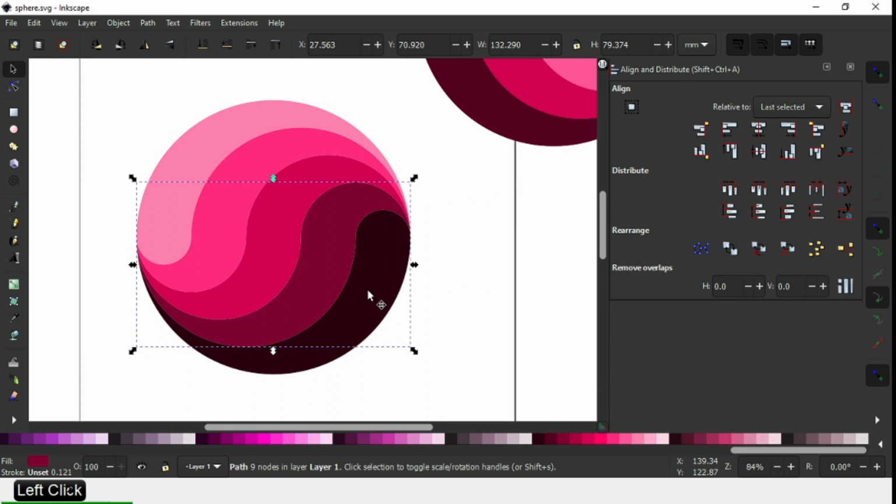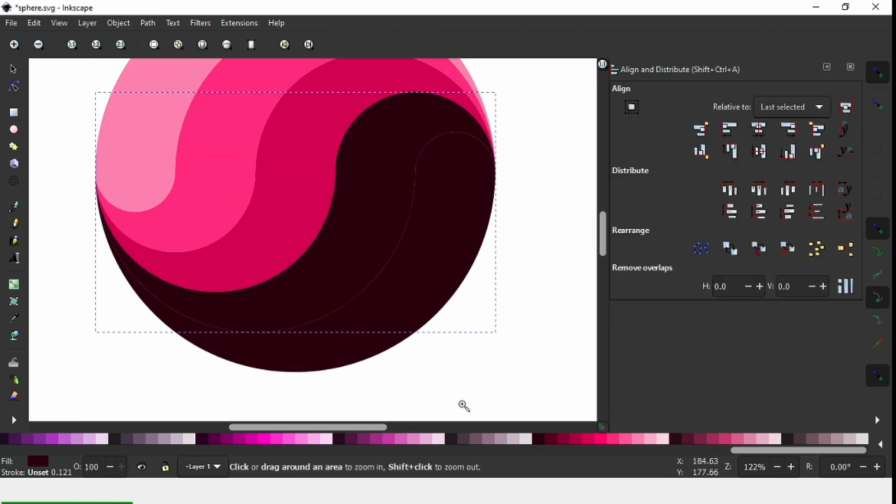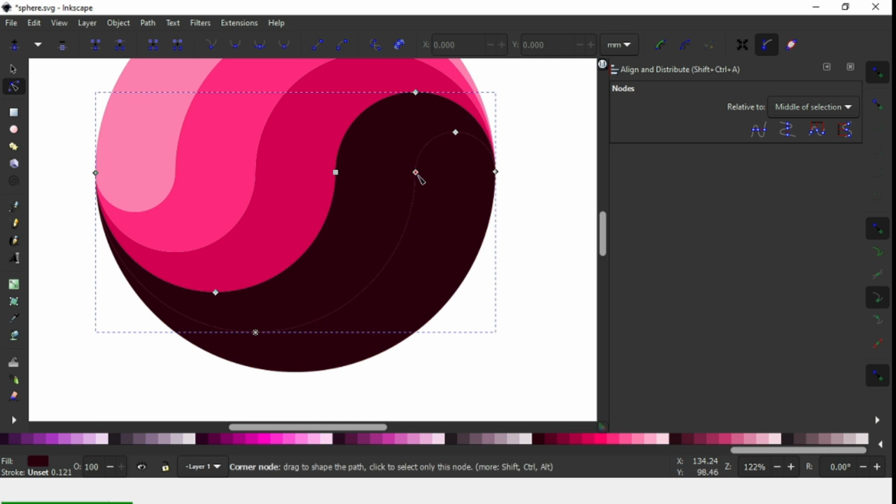Now select this one and duplicate it. After duplicating, change the color and edit by the node edit tool.